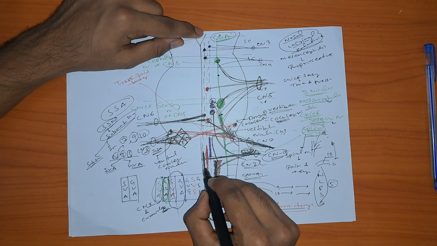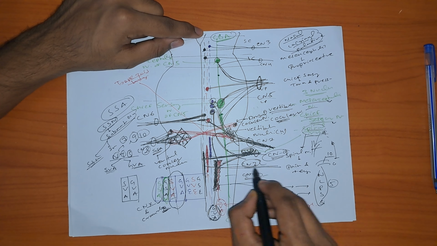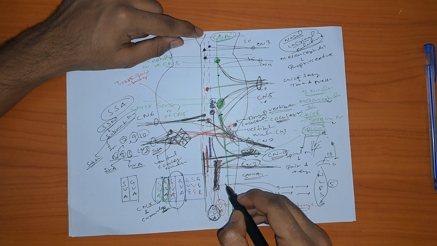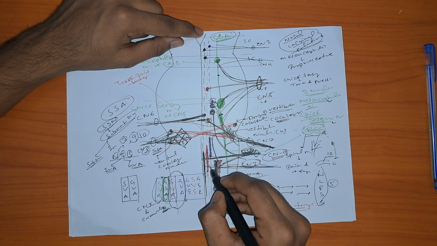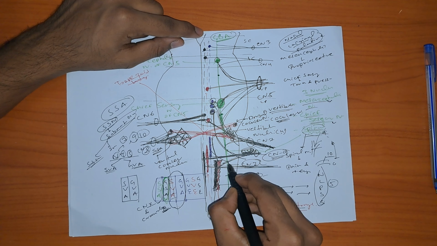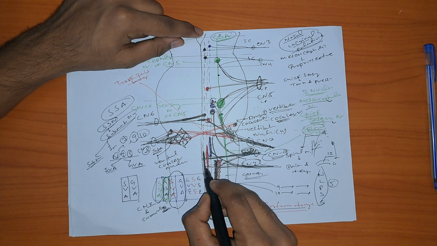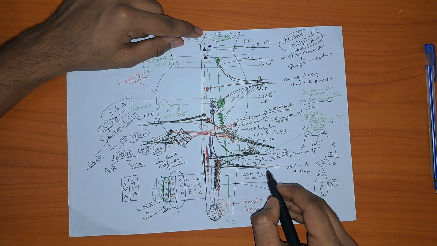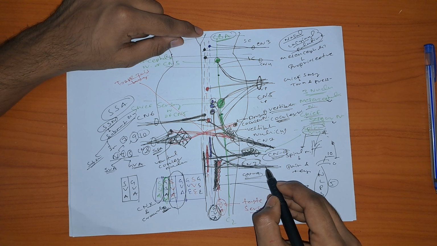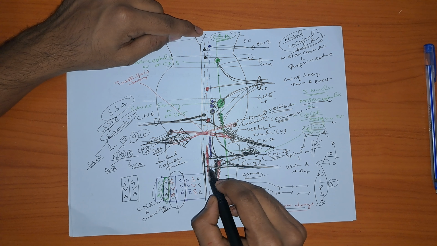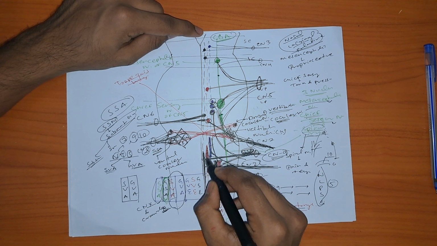First is the nucleus ambiguus, and second is the dorsal nucleus of the vagus. So this is the dorsal nucleus of vagus, nucleus ambiguus, and now we have the